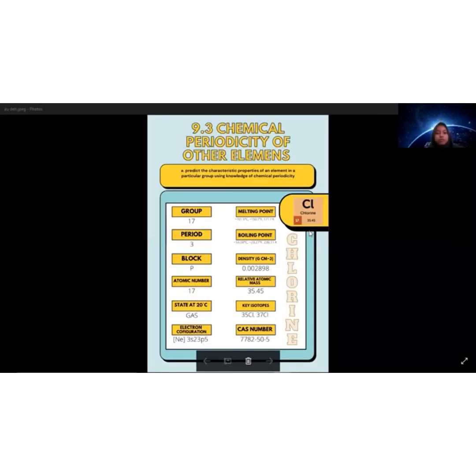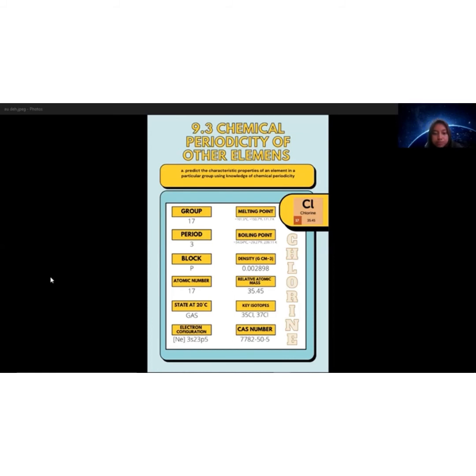Study the characteristic properties of an element in a particular group using knowledge of chemical periodicity. In this presentation, I'm using the element chlorine. For the group, chlorine is group 17, period 3, block p, atomic number 17, state at 20 Celsius is gas, electron configuration 3s2 3p5, and melting point minus 101.5 Celsius, minus 150.7 Fahrenheit, 171.7 Kelvin. Boiling point minus 34.4 Celsius, minus 29.27 Fahrenheit, and